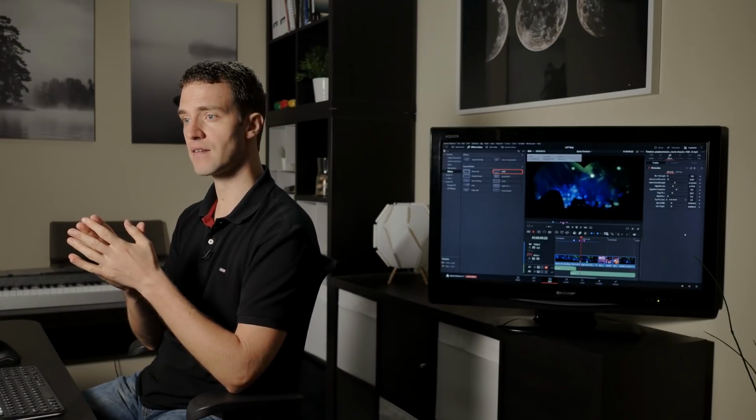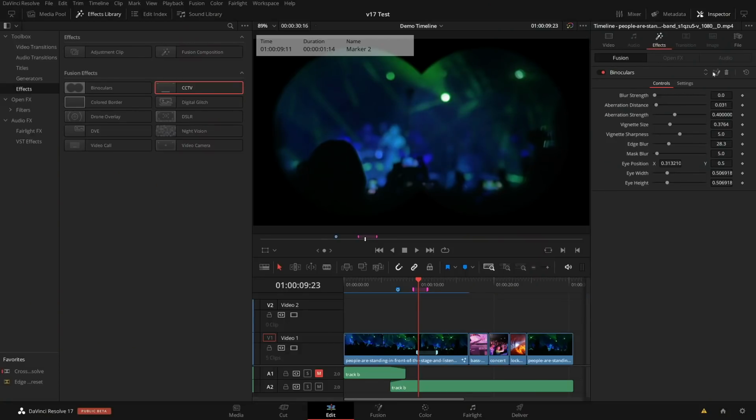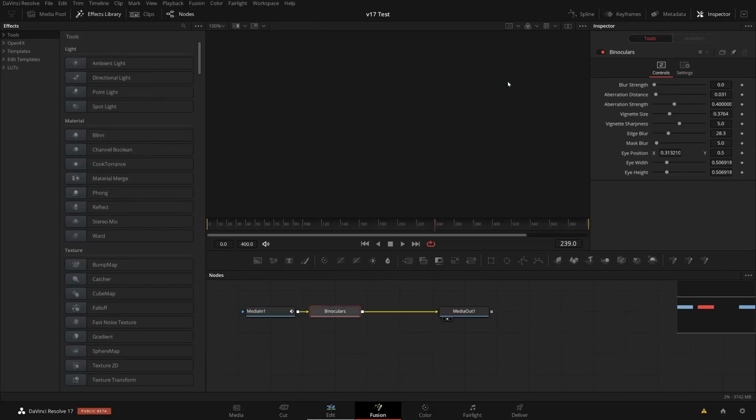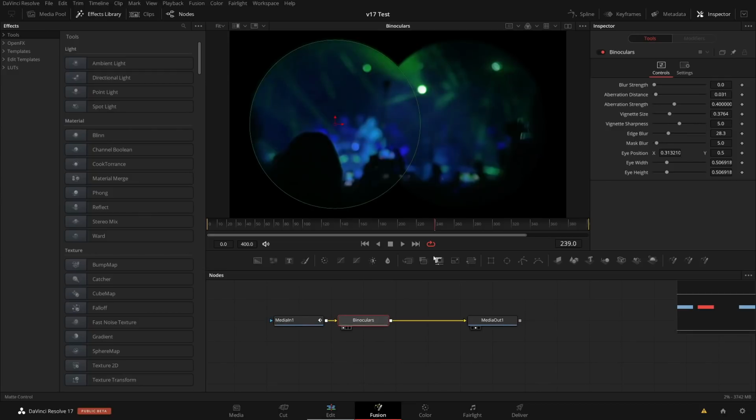Let me now show you how you can customize such an effect, change it, create your own. The principles here are, from a Fusion side, not really new. It's more like this new integration here in the edit page that has advanced this a little bit and made it more useful. So for these binoculars, let's say I want to change this effect. I can go here to Fusion directly for this particular effect. And I assume that this is the intention if you need to do more enhanced customization.